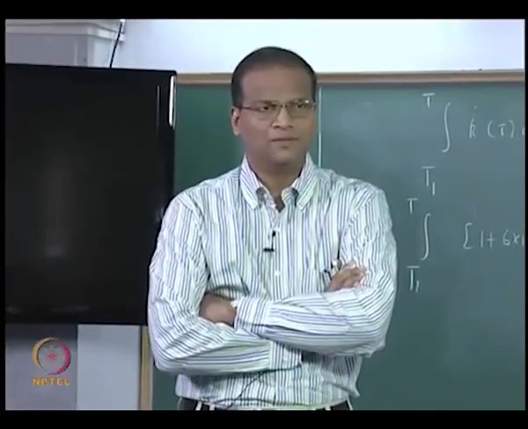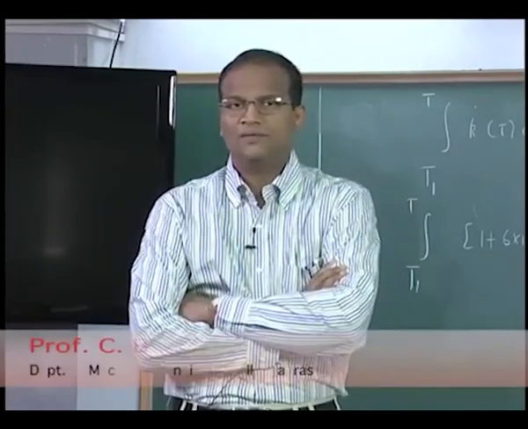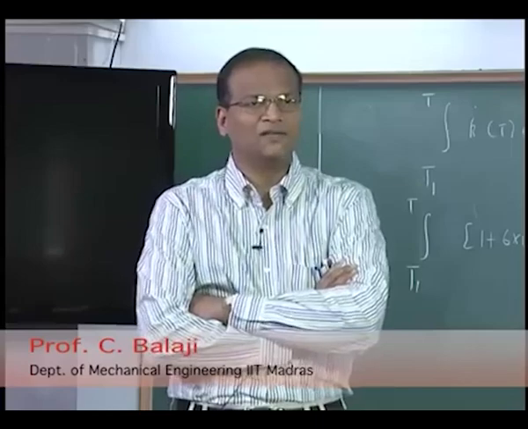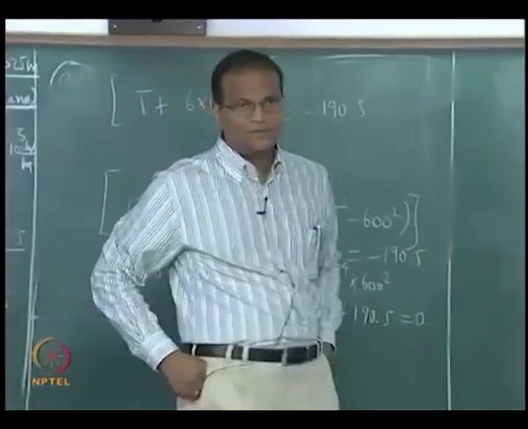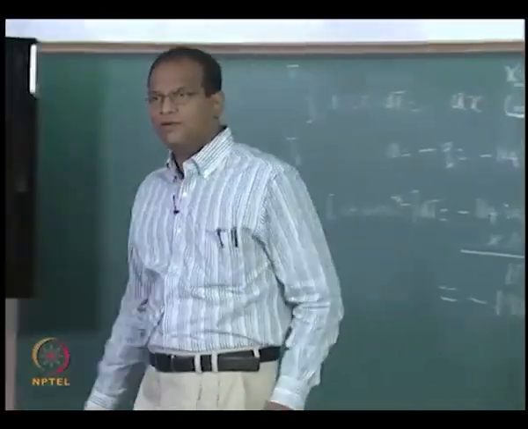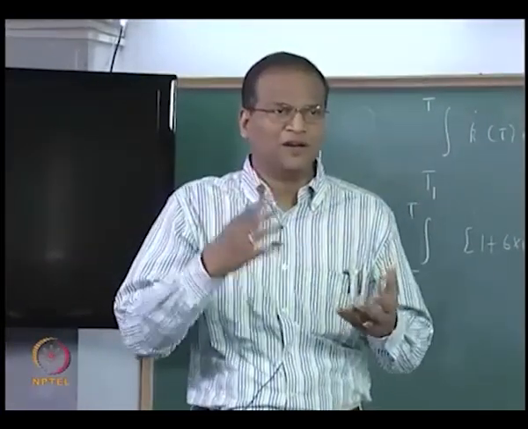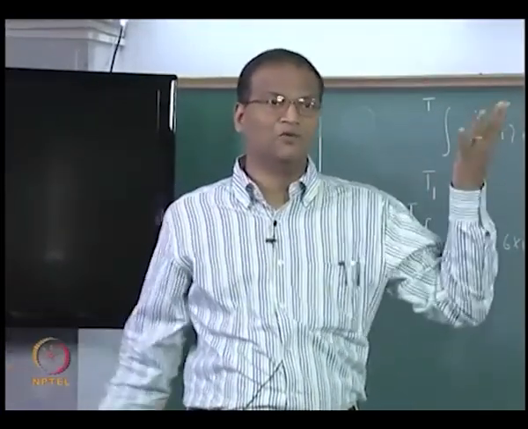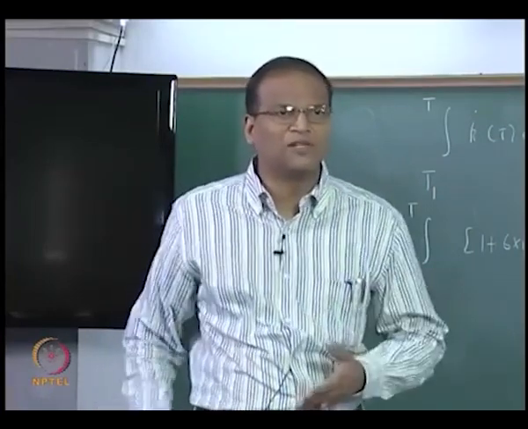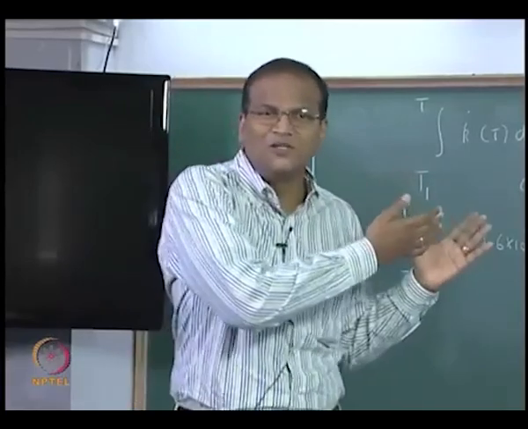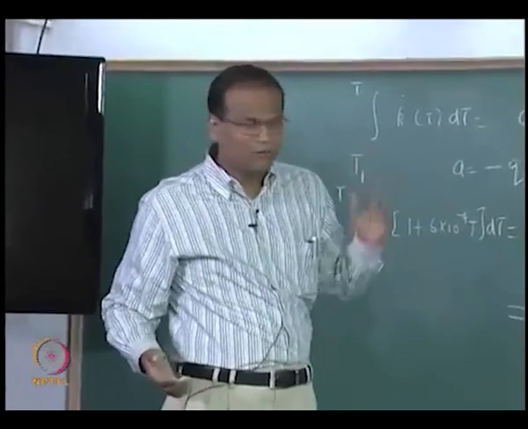What is the big deal, man? The layman who has no knowledge of heat transfer will try to guess that it will be 600 plus 300 by 2, but it is off by 5 Kelvin. You may say, what is there in 5 Kelvin? But suppose the K and the variation of K is much more severe and the two temperature differences are too much, then the layman approach will not work. You cannot simply take the arithmetic mean temperature difference and say that, because there is a physics associated with this problem. You should know the physics in order to get this. Are you getting the point? Therefore,